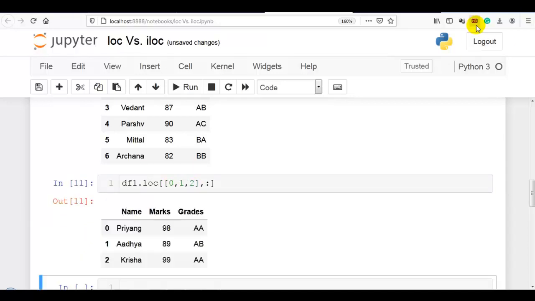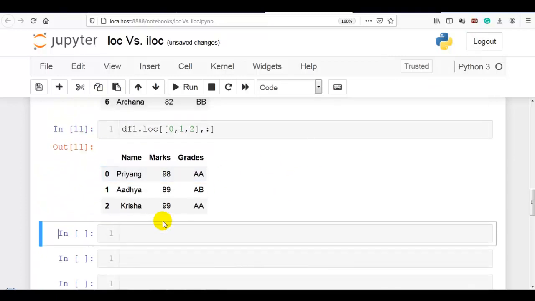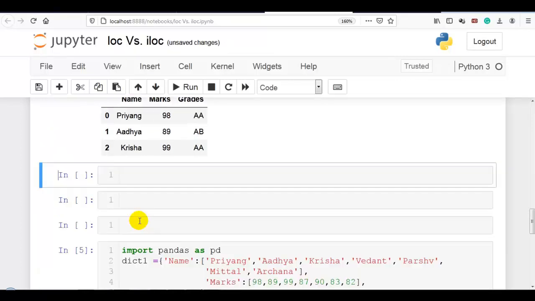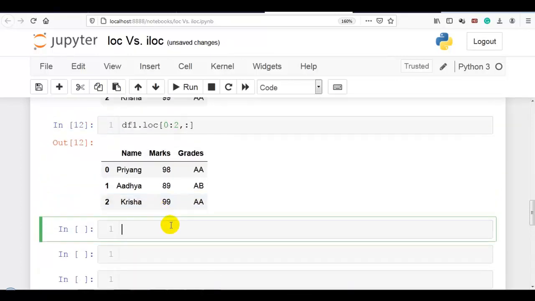That you can see over here. Or in place of this list, we can use loc with slicing. As I said, in loc both the sides are inclusive. Now that you can see over here. Let me print again our data frame.